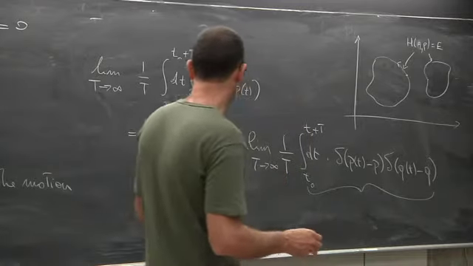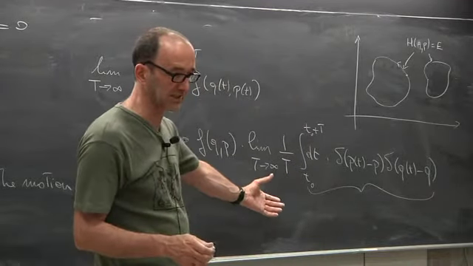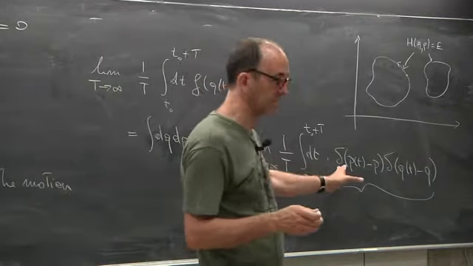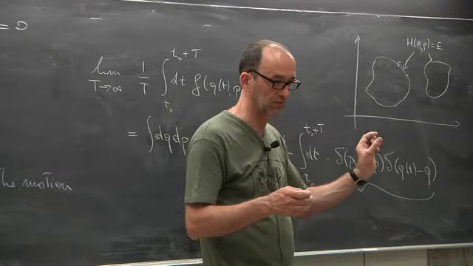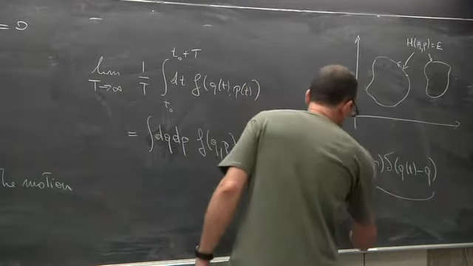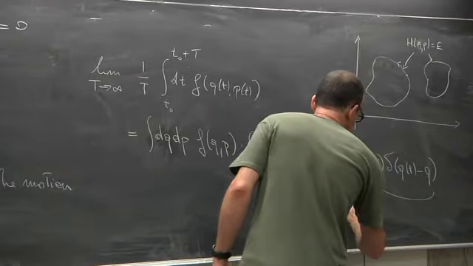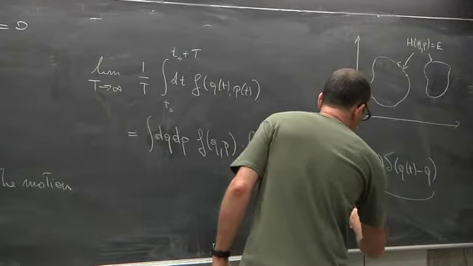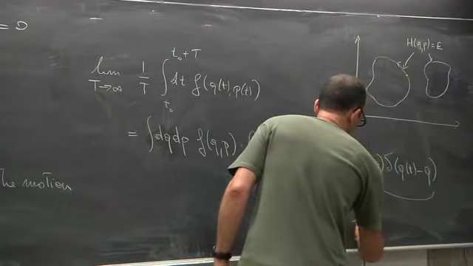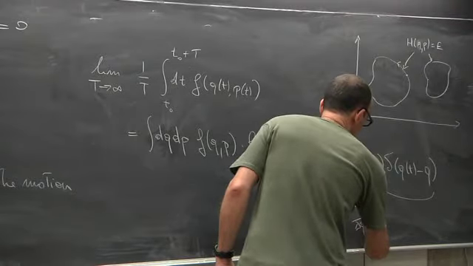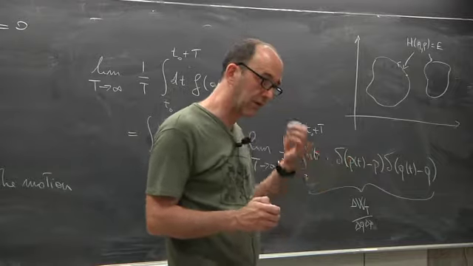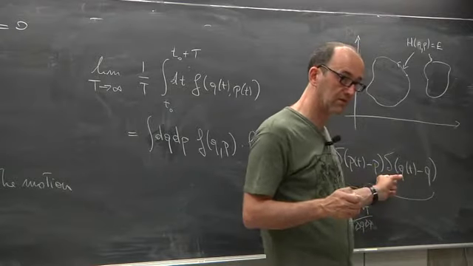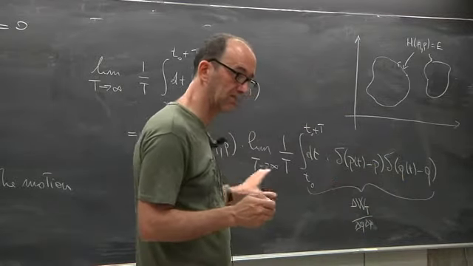What I'm doing here is for densities. If you do it for a small volume, then this will be the indicator function of the volume. But this is precisely what I describe by dw of t divided by dq dp, the frequency with which I visit the point q, p. Is this clear? It is a bit more clear than before.